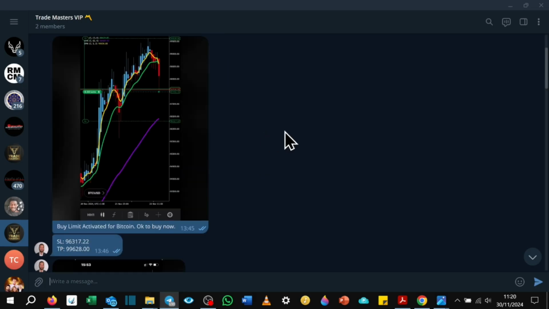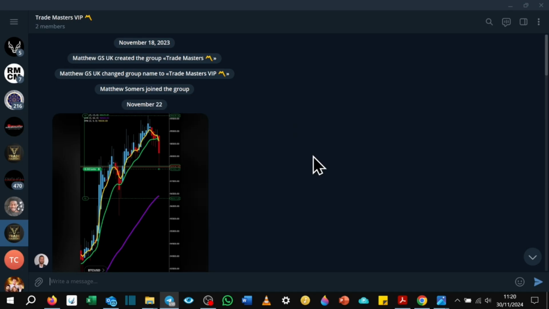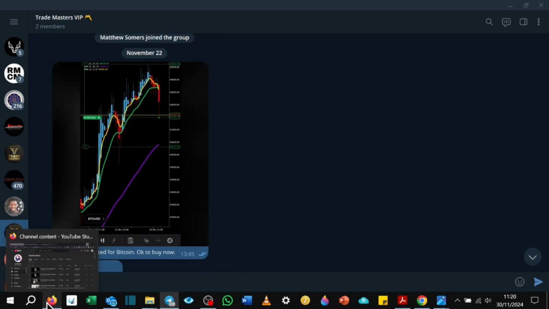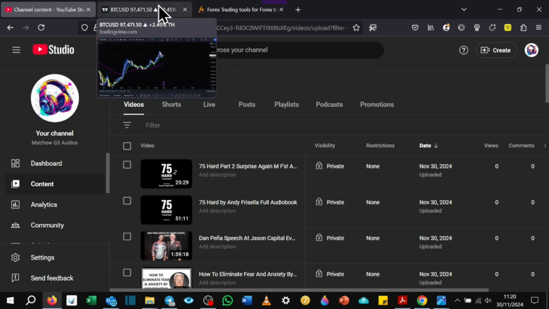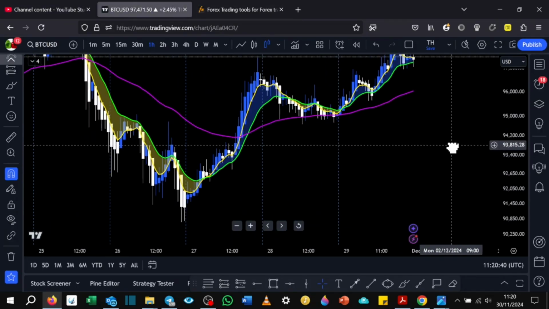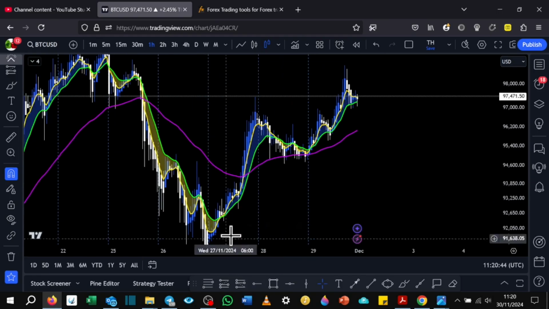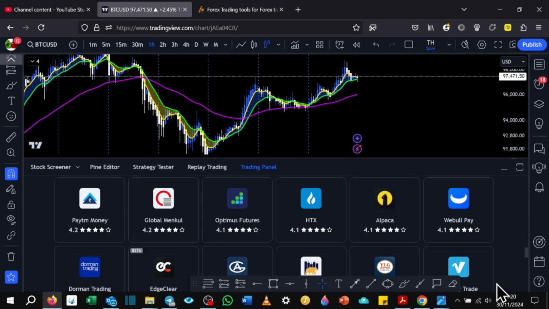But before I did take a few L's, the first trade was actually a winner. So this was actually on Bitcoin on November the 22nd. Actually, before we do that, I do want to test something new to the stream, and that is to connect